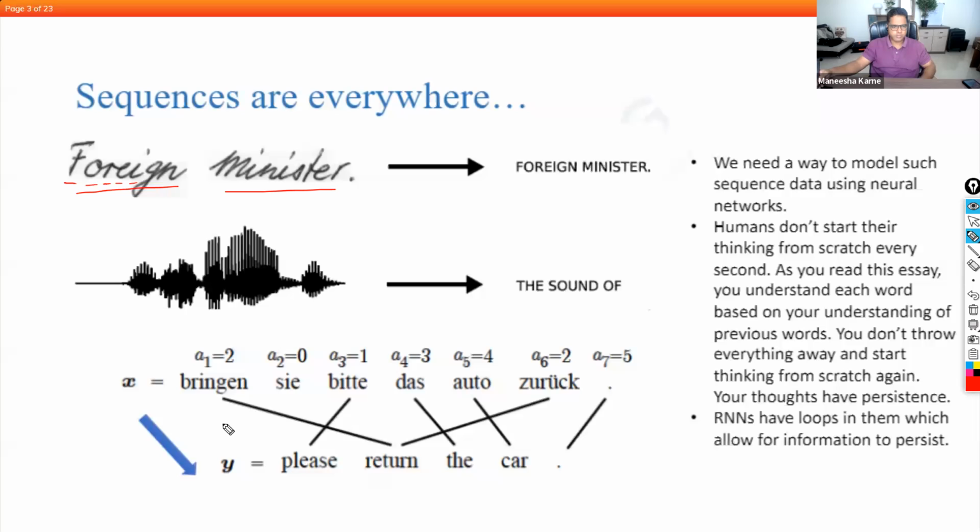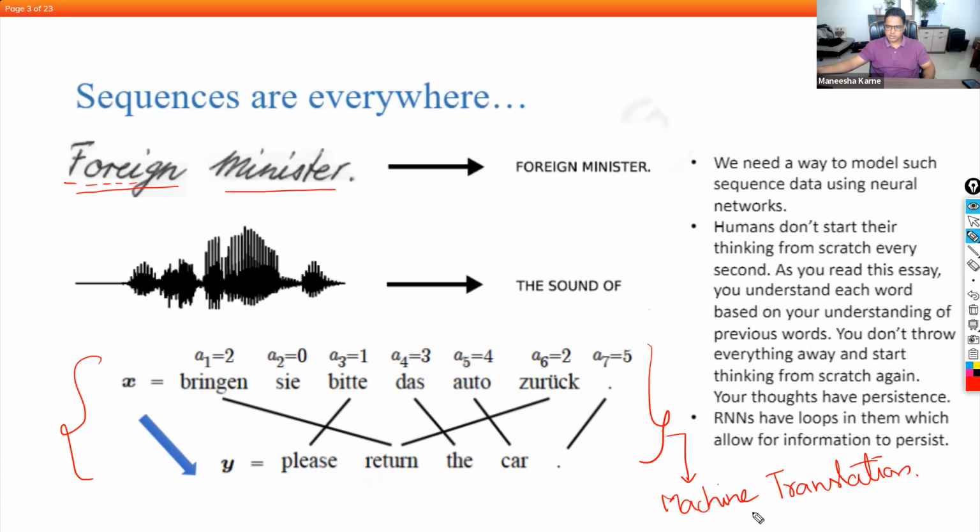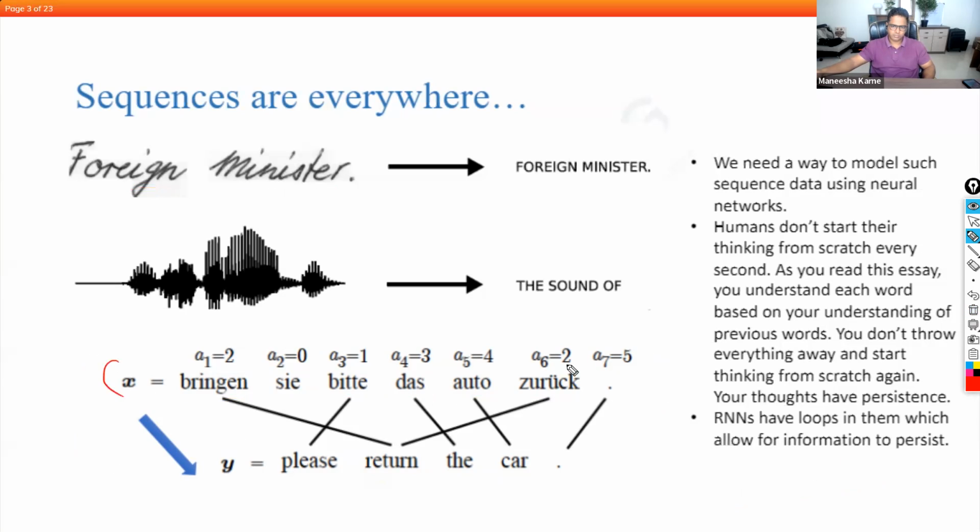This part is called machine translation or language translation. Here, if you are given text in German, for example, and you want to convert that into English,